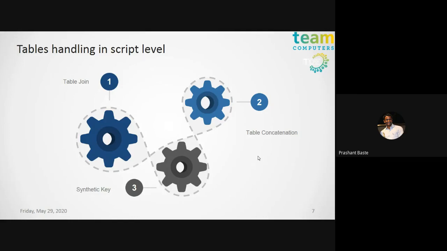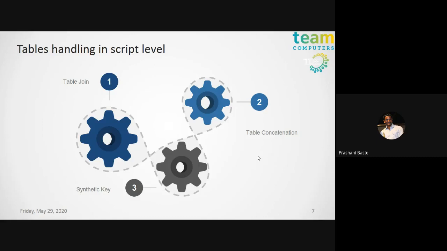Also, at the data model level you will find very few joins, but you will find that concatenation is happening. When you are doing the concatenation at the data model level, please ensure that you put flags for each and every piece of data. You must apply the flags, so it is clear that this data is about that particular KPI or any specific data set. So flagging is very important.